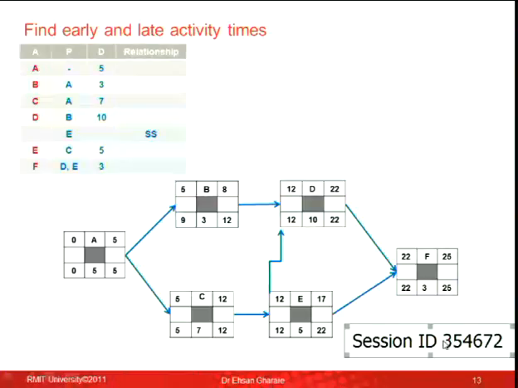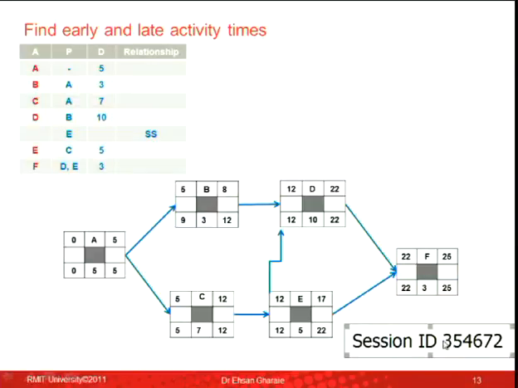For the start of activity D, there are two arrows going to start. There is one arrow going from B, there is another arrow going from E. So from activity B, one option would be 8. From activity E, the other option would be 12. Between 8 and 12, I choose 12. So D's earliest start would be 12. 12 plus 10, 22. For activity F, there are two arrows going to activity F, so I'm going to have two options. I've got 22 and 17. I choose 22. 22 plus 3, 25. So the completion time of the project is 25.